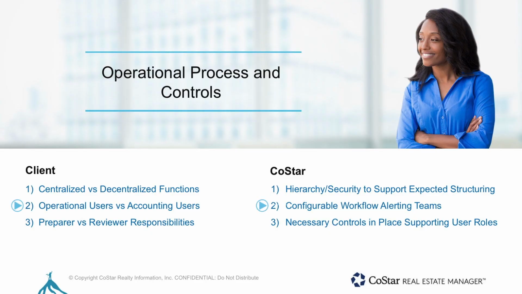Separately, we have operational users versus accounting users. So regardless of how that data is getting into CoStar, it's important to structure the software to allow for different types of what we call security groups or roles, so that, from a controlled point of view, some users do the data entry around the cash flows and the dates, versus applying the accounting assumptions and ultimately generating the accounting schedules off of that same data. There are a number of different workflows that will help with that. One, alerting when new leases come in or when remeasurement is required. And two, being able to differentiate or segregate access in the system to provide that level of control that's going to be required and that Matt mentioned.